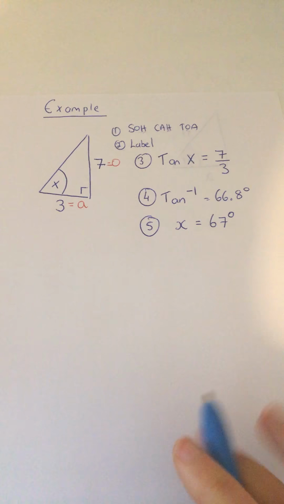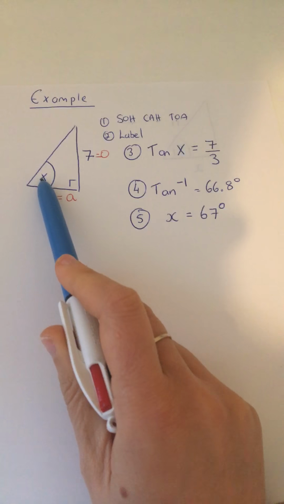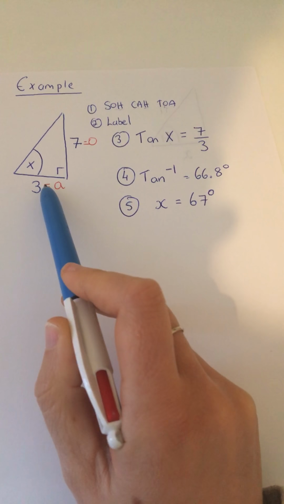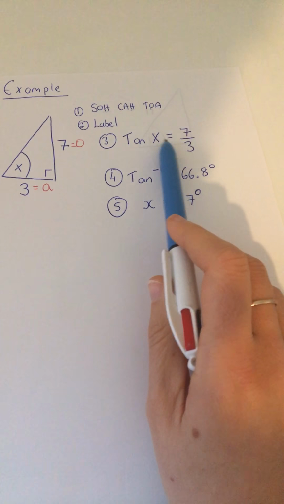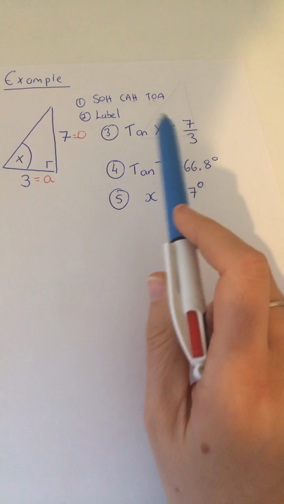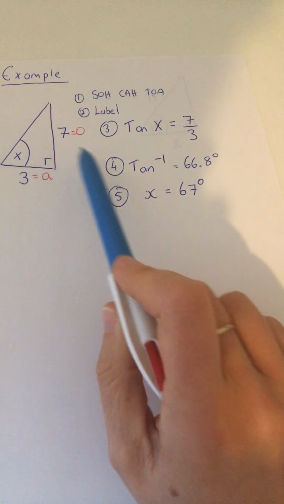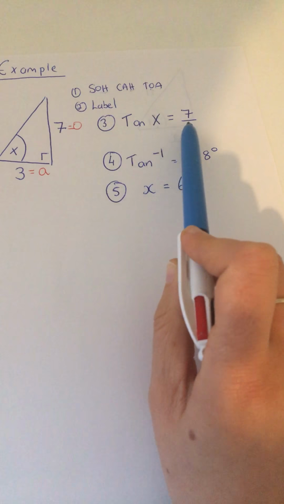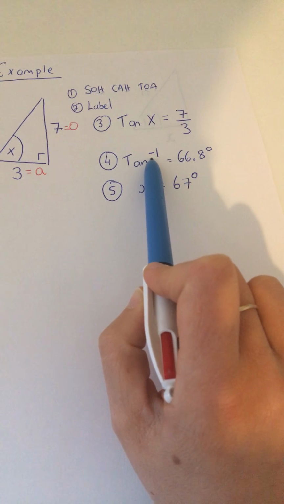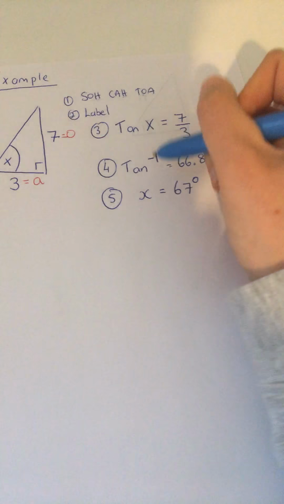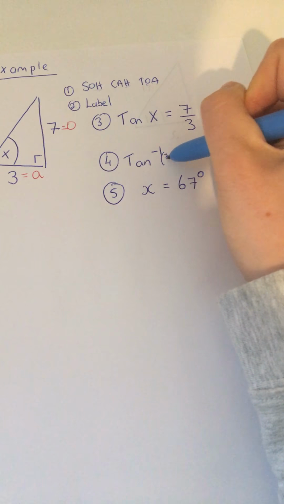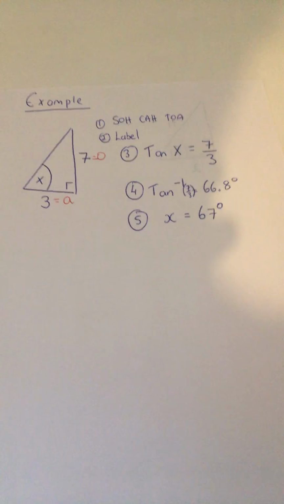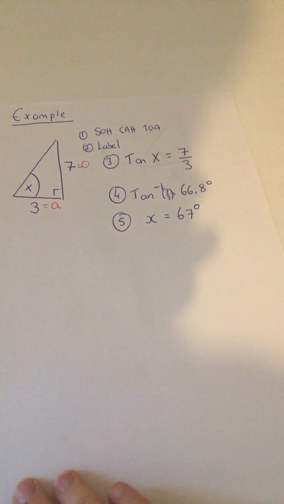Okay, so when the angle is unknown, you label the triangle, the sides of the triangle. You decide which one you're going to use, sine, cos, or tan. And because the angle is unknown, we use the inverse function. We go backwards and put in the fraction beside tan. Okay, so I just squeeze that in here. That should say 7 over 3. Okay, hope that helps, guys. And I'll just show you the other scenario then